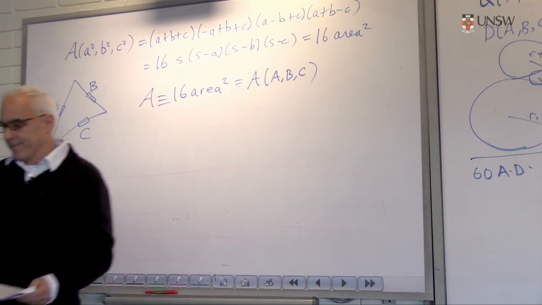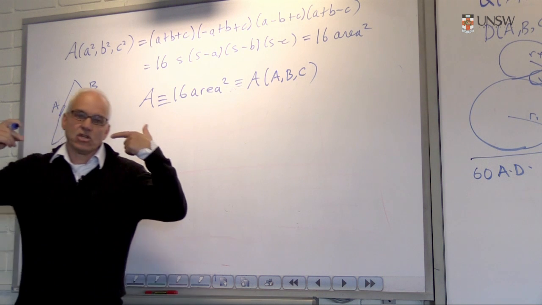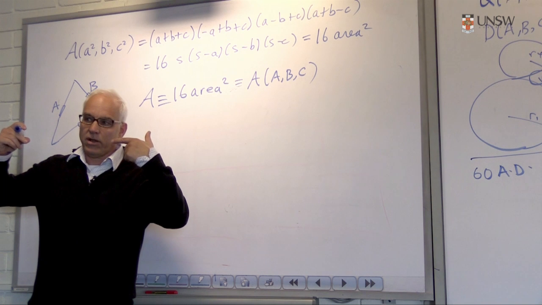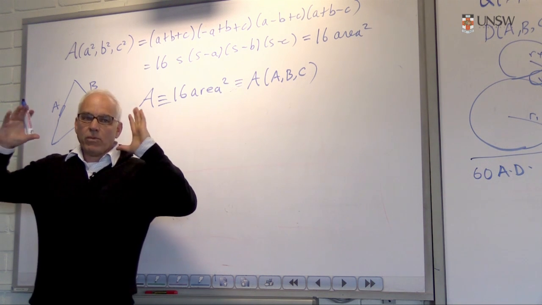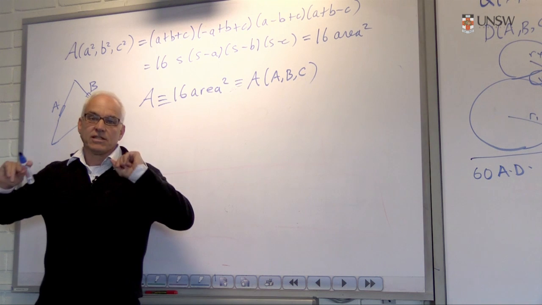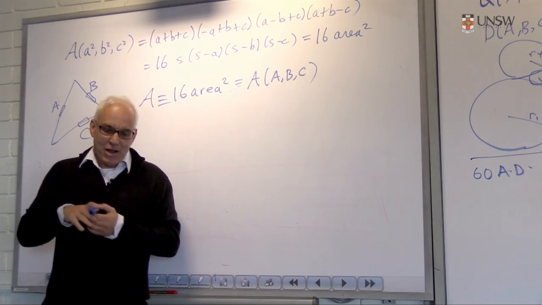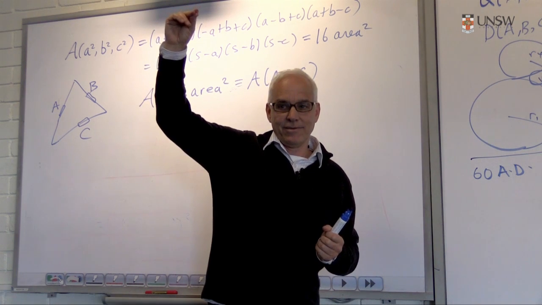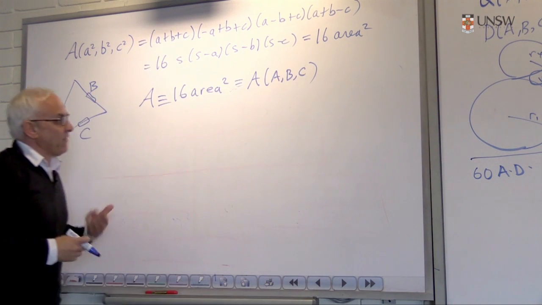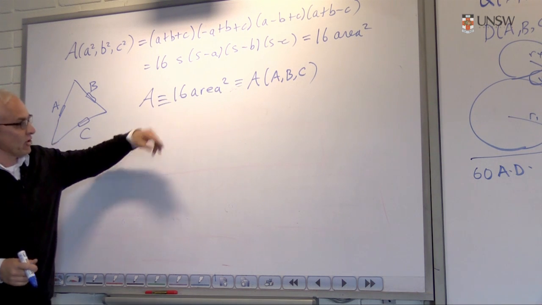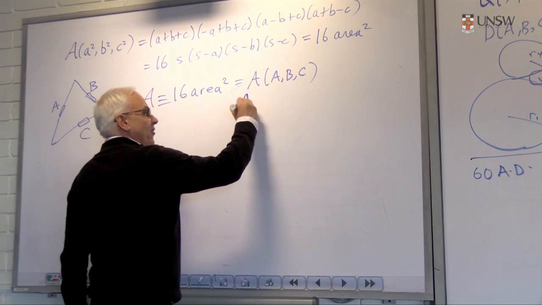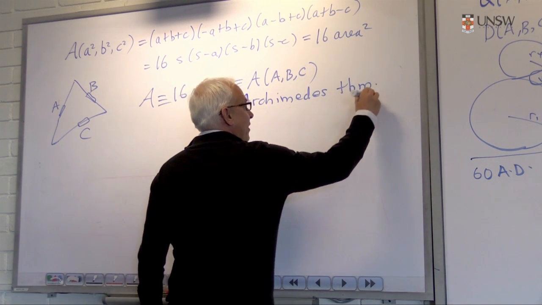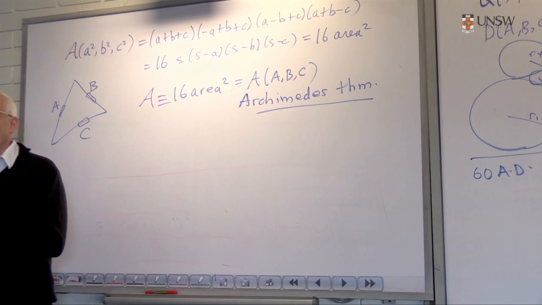So that same function that determined the relationship between three collinear points in the one-dimensional situation, that same quantity, when we go to the two-dimensional situation, measures the size of a triangle. So that one-dimensional situation is somehow seeing the higher dimensions. And in fact, giving us a much nicer formula, so I call this Archimedes' theorem in honor of Archimedes, who would not have been surprised by it, I'm sure. Who knows, maybe he even formulated it that way.